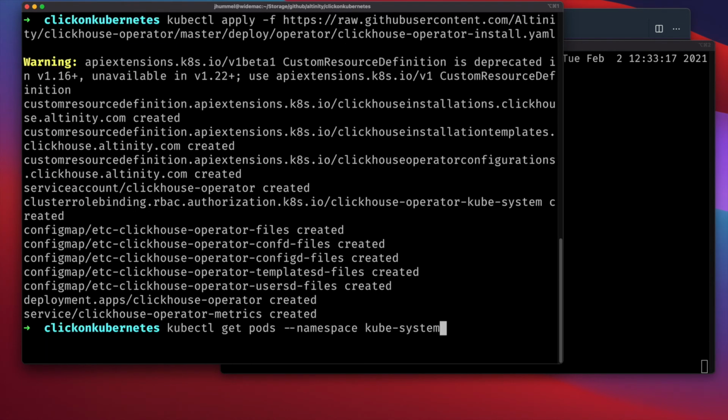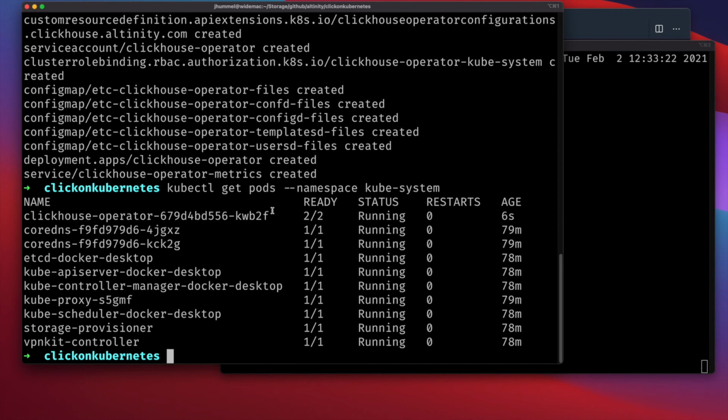You'll see the various Kubernetes extensions and the mappings applied. The full details are available on the Altinity documentation site or the ClickHouse operator GitHub page. For those who want proof for yourselves and not just take my word for it, you can verify the installation with the kubectl get pods command in the kube-system namespace if you follow these default instructions. kubectl get pods --namespace kube-system. You'll notice the ClickHouse operator pod along with any other pods in that namespace.